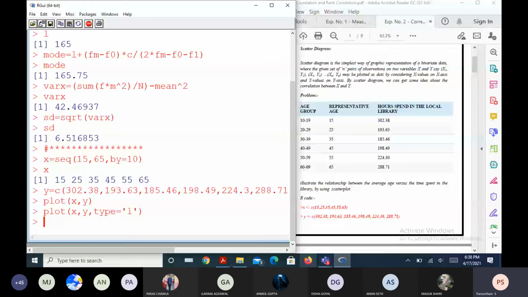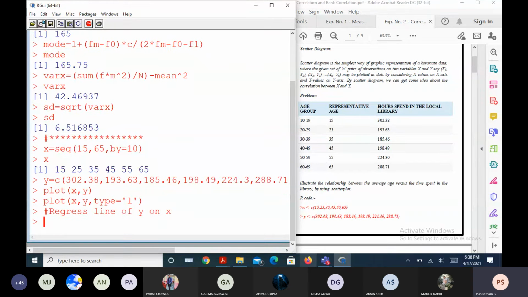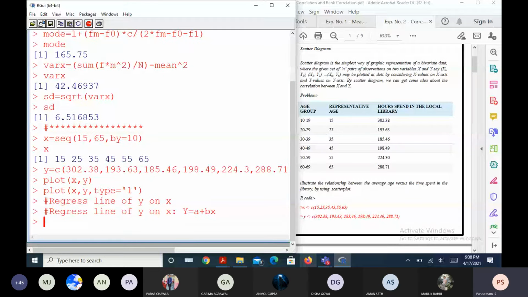Suppose I want a regression line of y on x, remember the formula as you noted down in the last class? You may be going with a simple linear regression of the form y is equal to a plus bx, where a is the y-intercept and b is the slope of the regression line.